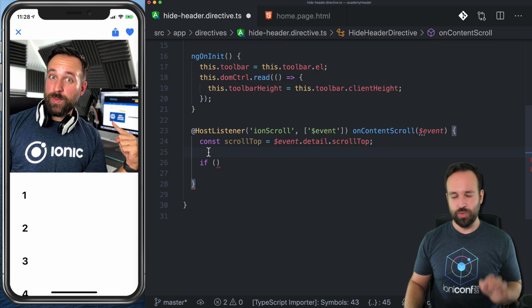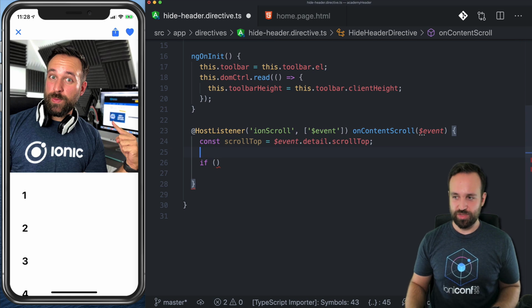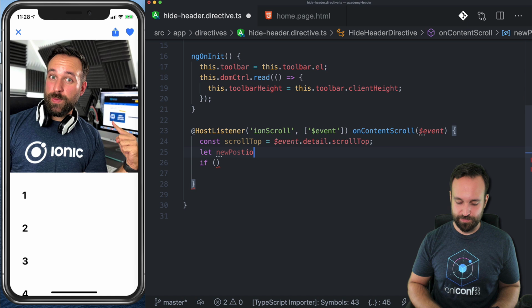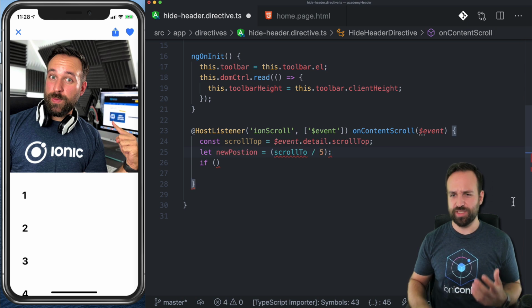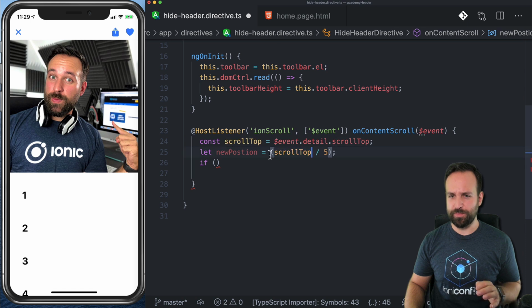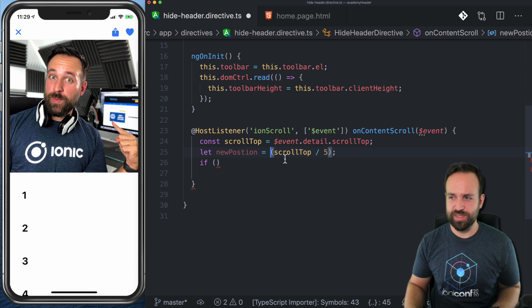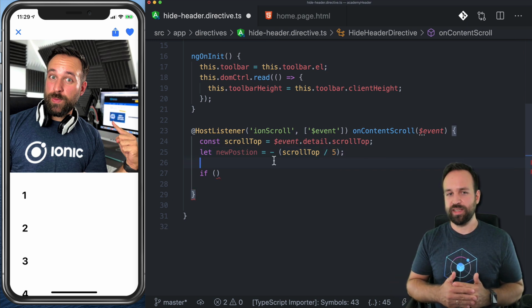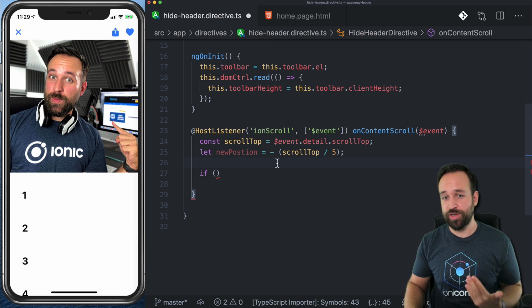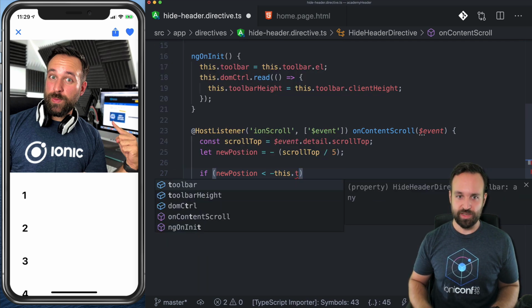So what we want to do is change the position of the header. So let's say newPosition equals scrollTop divided by 5. That just makes the whole scrolling a bit more smooth. If you take just the raw value, it's, I think, a bit too fast. You might even use 8 or 10 to make it even slower. And then we will also make this a negative number, because of course the position should be something like -5, -10, and finally -44. So if our new position is lower than our actual toolbar height, for this case just